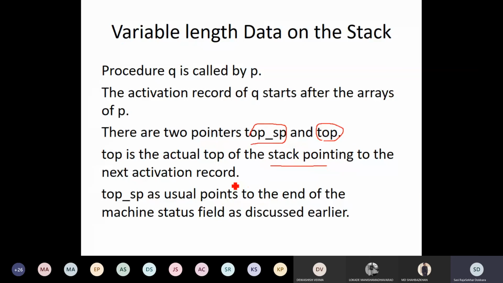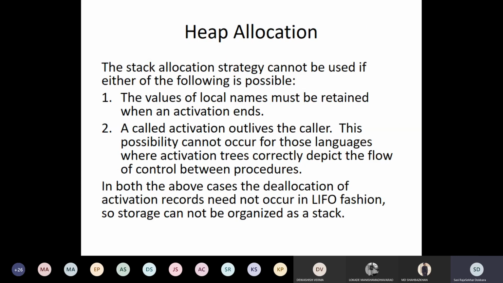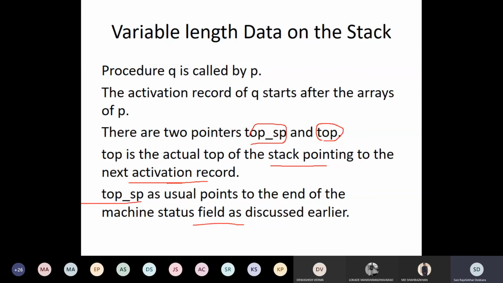It is telling us this is the place where the next activation record is going to exist. That is what is specified by the top pointer. Top_sp, as usual, as we have discussed, points to the end of the machine status field that we have discussed earlier.